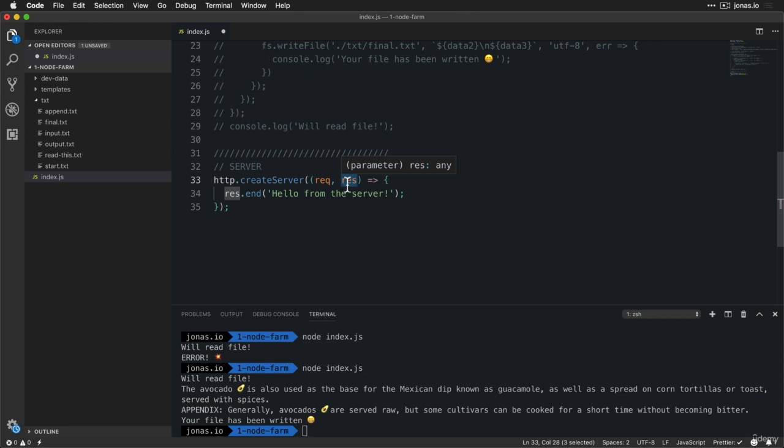And the simplest one is .end. And this .end here, the naming of this method, will make a bit more sense a bit later. For now, just note that this is the simplest way of sending back a very, very simple response in this case. Okay, so that's really all we have to do to send back a plain text response when a certain